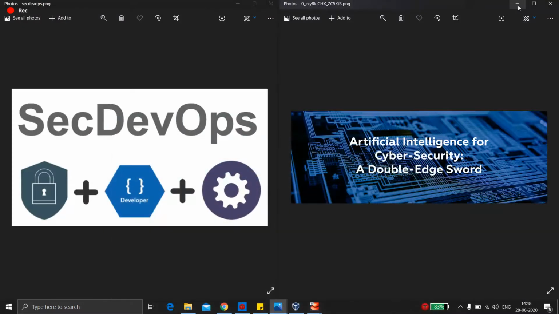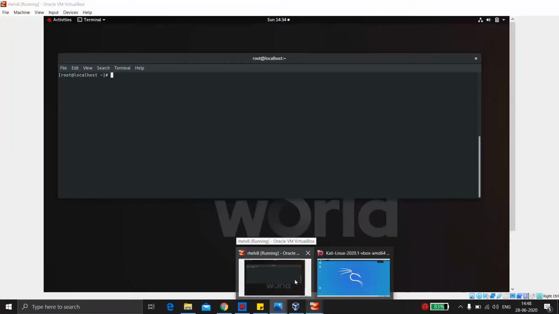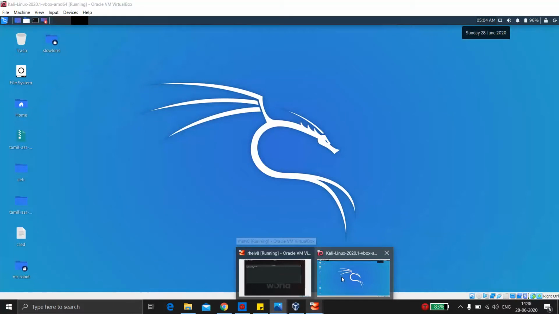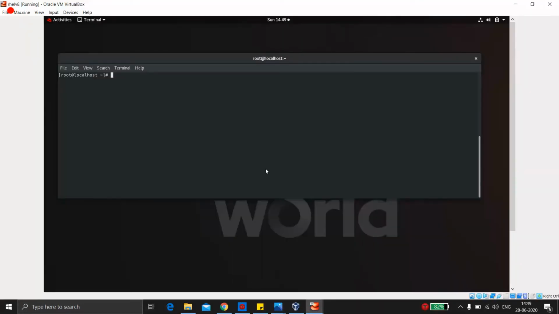So let's go to the setup. Let's build the setup. I'll be using two VMs: one would be Red Hat version 8, and one would be Kali Linux version 2020.1. First of all, I'll show you how the file system should be, so you can set it up. Basically I've created a workspace for this project. It's a good practice to do so, so you can keep all the data, processes, folders and files clean and neat.